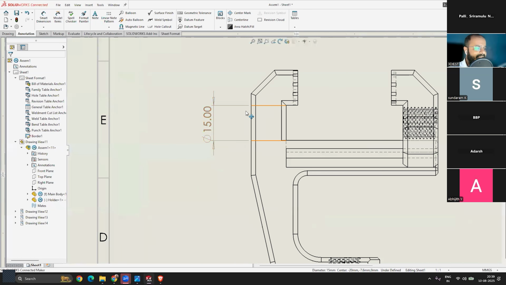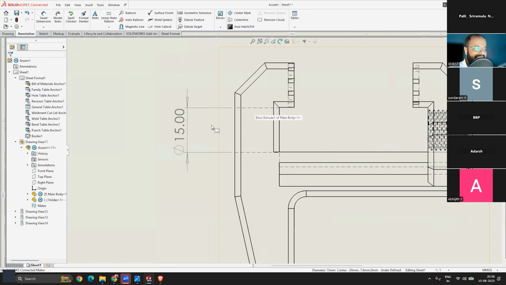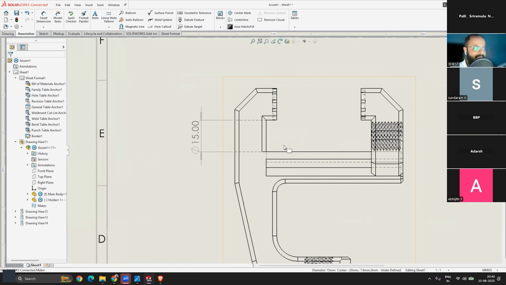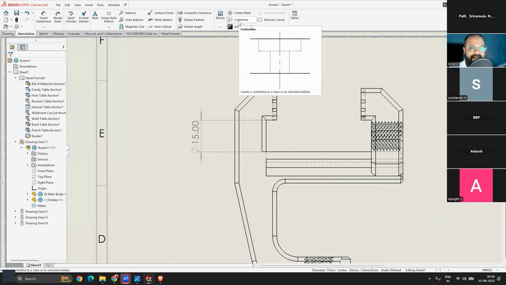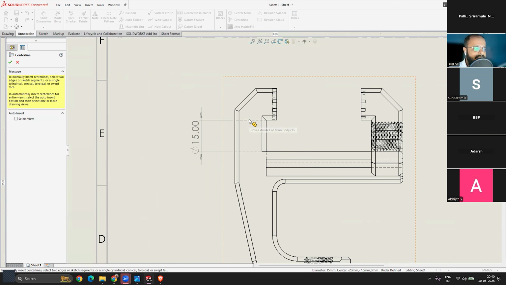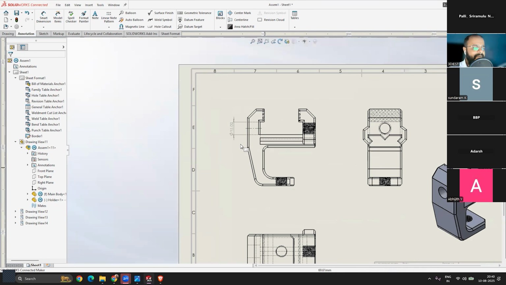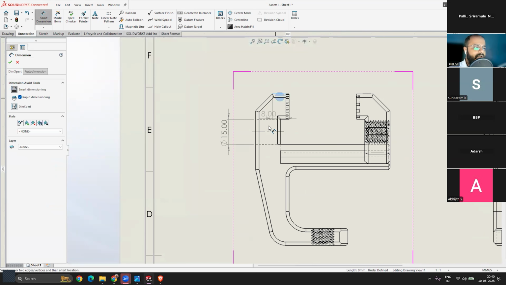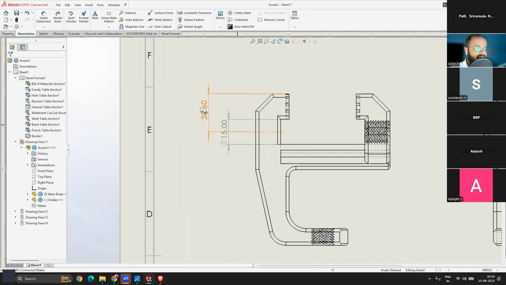Now, the next thing, we also want to add a center line for this hole, right? Because if someone sees it, they will not be able to tell whether it's a hole or something else. For that, there is a tool called center line. Can you see that? Just activate the tool, select both the edges of your hole, and a center line will get added like this. We added the center line because most of the time the position of the hole is defined by the center of the hole. From the top, the center of the hole is 22.6, right? But it's not good to define the position of the hole on this view.